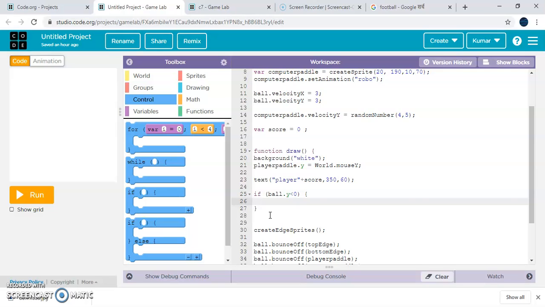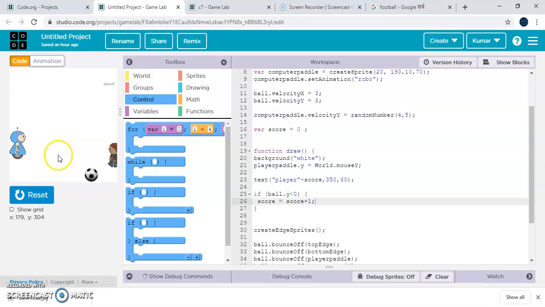Meaning, for example, if the score is 0, then it will be 0 plus 1, then 0 plus 2, and then 0 plus 3. Score plus 1. Okay, now let's see.